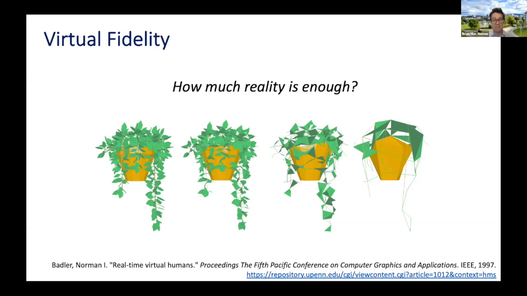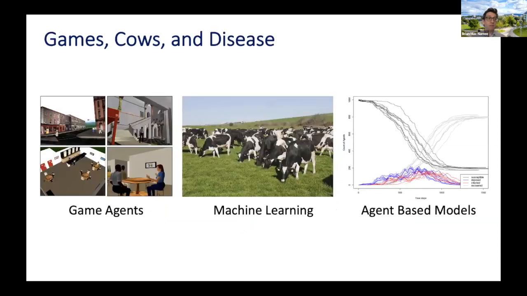And I find myself keep coming back to this idea again and again across very many different things. So all the time stopping to think about, well, how much of this do we actually need to achieve what it is that we're trying to do in a particular scenario? So I want to give 3 quite different examples of where that same idea has come up, and the implications of that, and how, in some of these cases, this talks to the idea of simulating things at scale. So one of them is a game agent example, one to talk about some machine learning modeling that we're doing around propensity modeling, and in particular, in this case, propensity modeling for cows. And then the last piece is some agent-based modeling that we've been doing for infectious disease modeling.